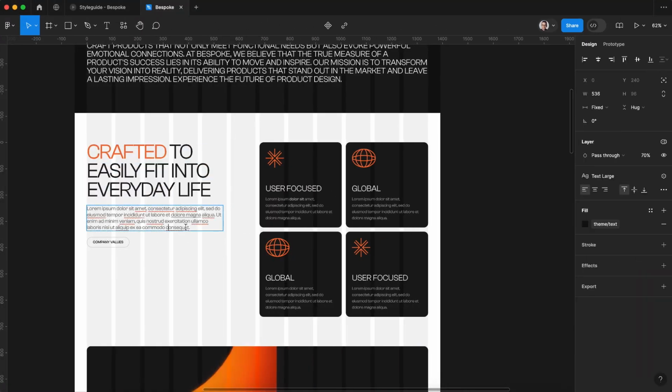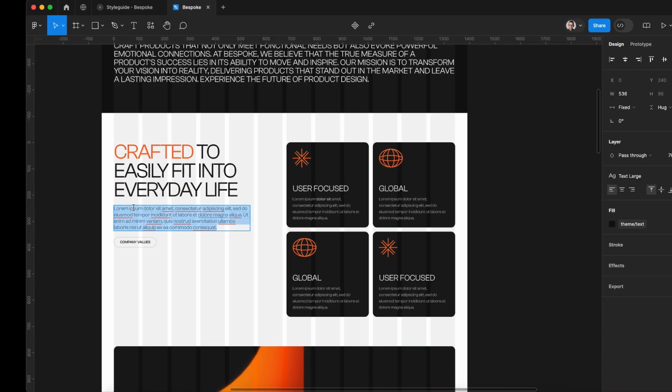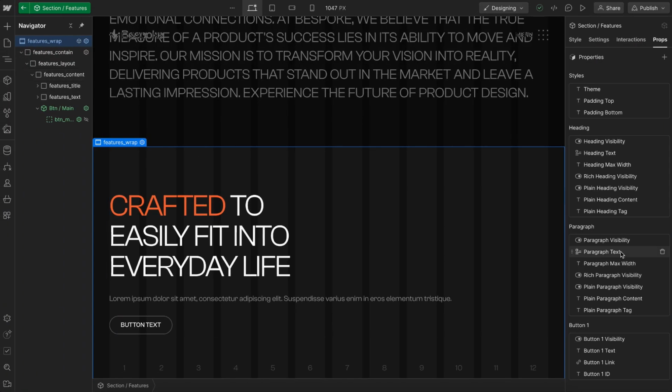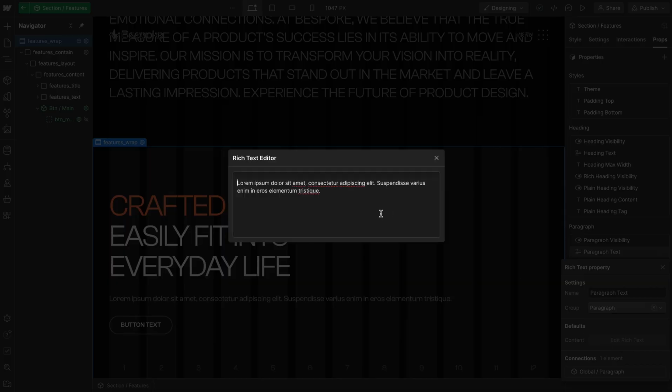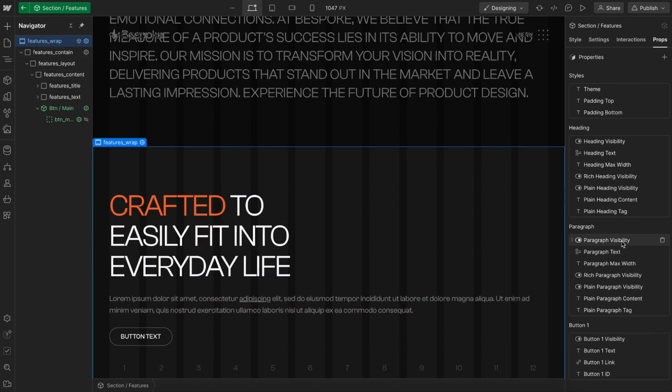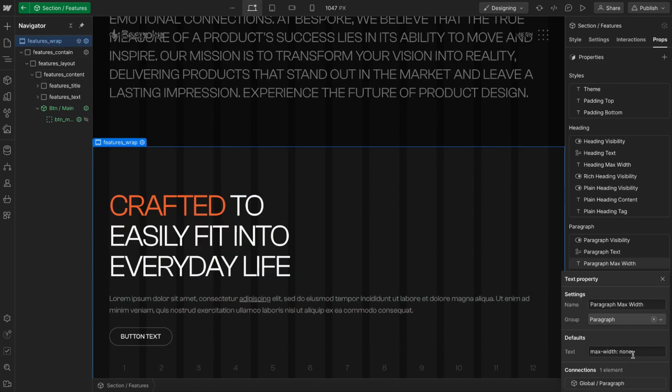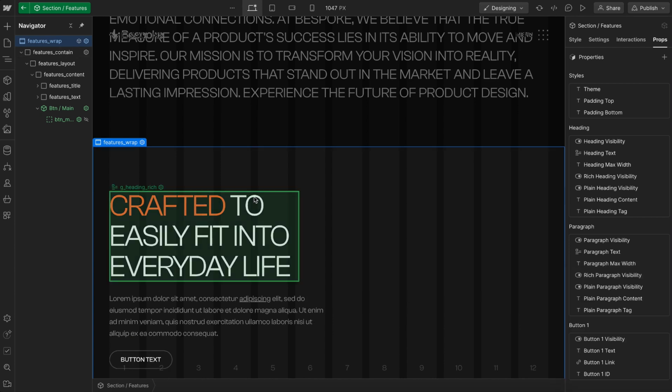And let's also copy all of our paragraph text, and we'll go ahead and add it into this field here, and we'll just paste that in. And let's go ahead and bold, or maybe just make one of these words a link. So this was an option we wouldn't have unless we were using rich text, but because we are, these become much more flexible. And now we can go ahead and set this max width, something like 45 ch,